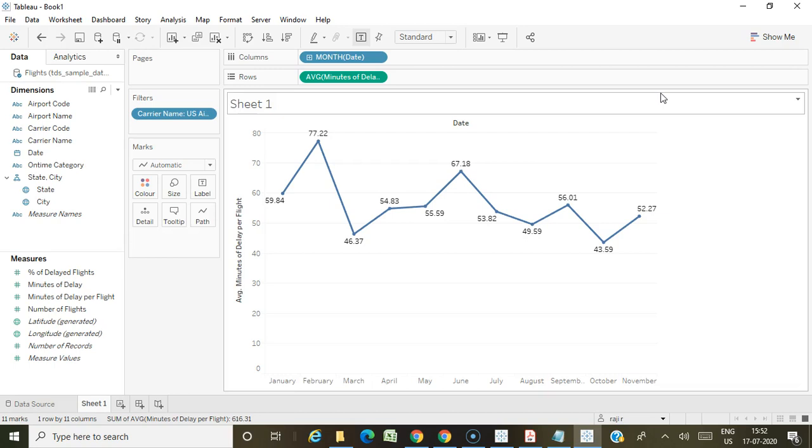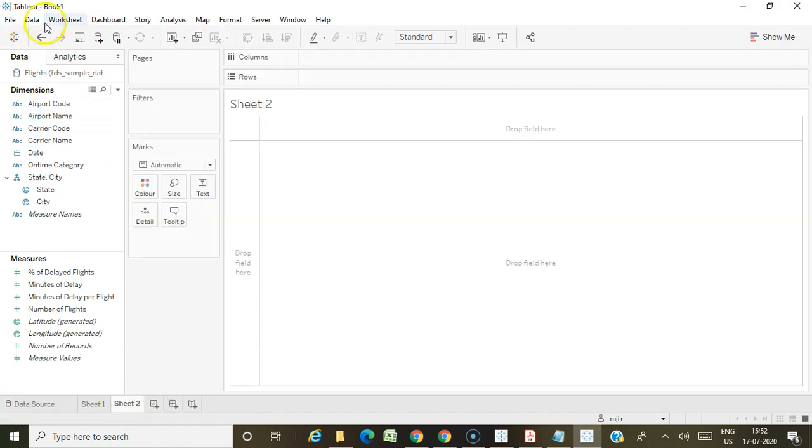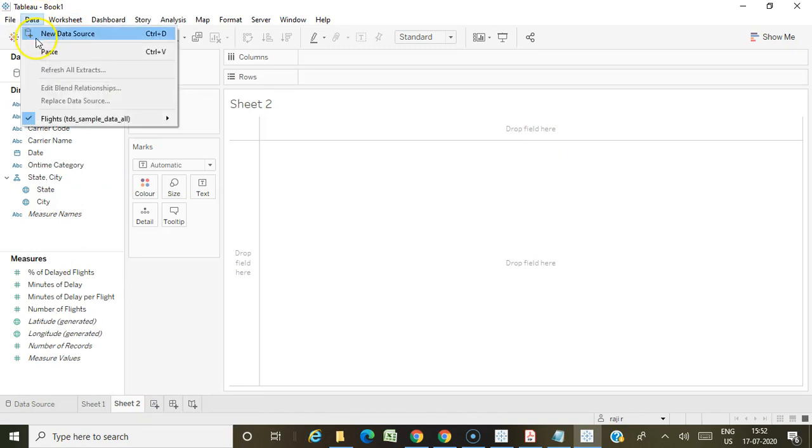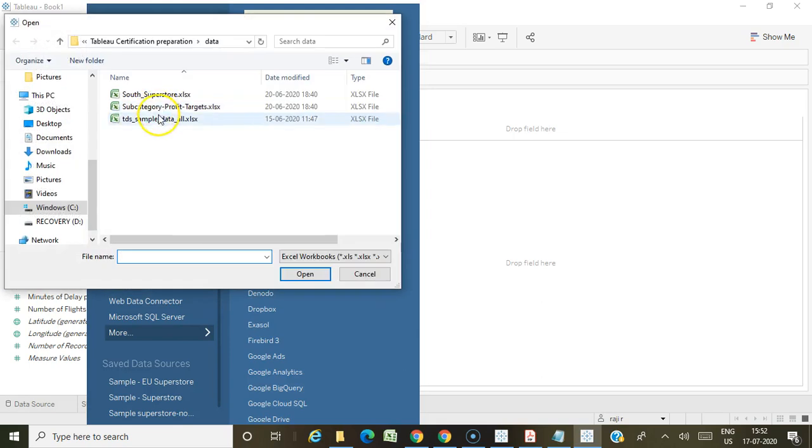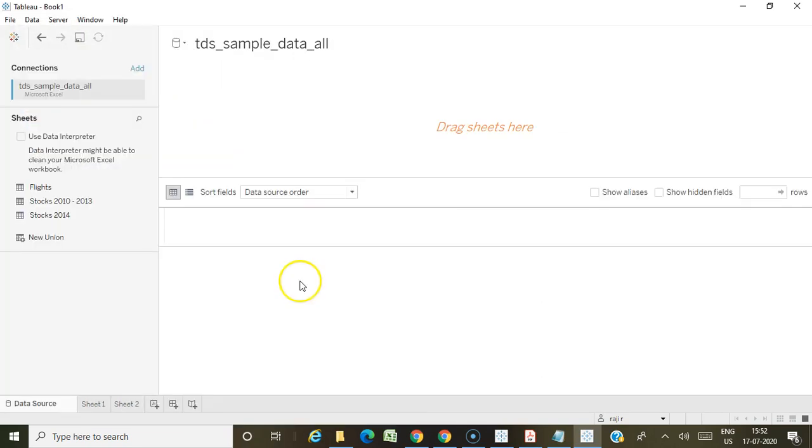Okay, and only one question will be based on one data set. So what you do, don't open multiple Tableau desktops. Use only one Tableau desktop so you can connect with various data sets. For example, I'm connecting with another data set, the same data set again.